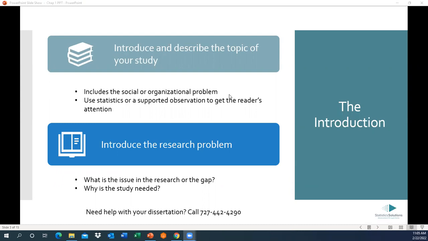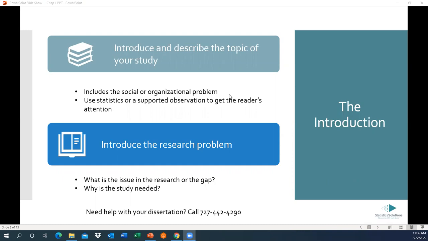It could be failing test scores or failing grades in a certain area and a certain population of students. So there's going to be a social problem. There's going to be an organizational problem that your study is designed to address. So you want to put that out there, introduce the problem,